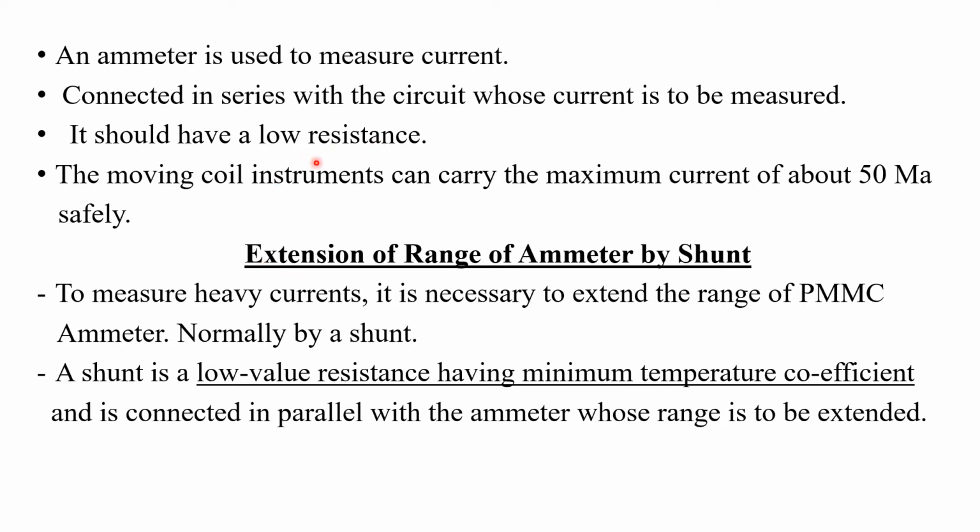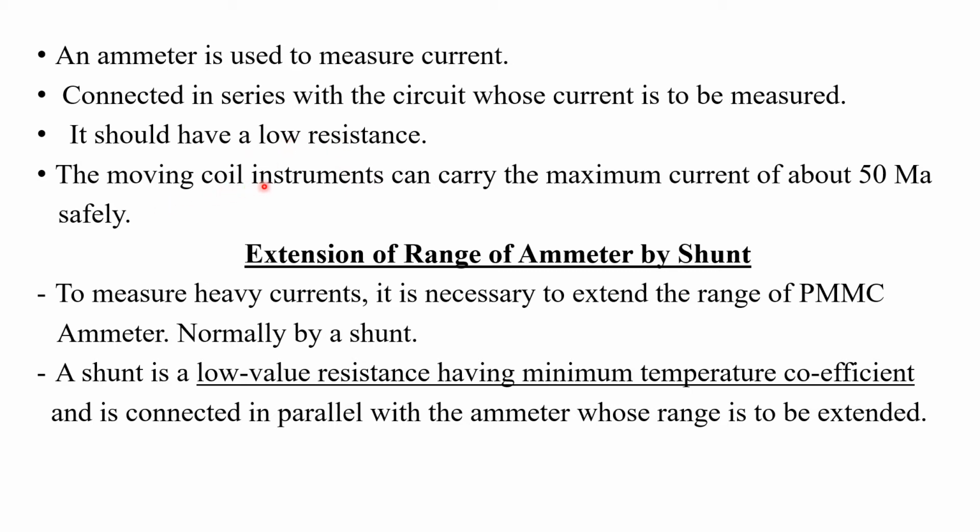That point is very important. Then only the meter can measure the entire current that flows through the circuit. So the internal resistance of the ammeter must be as low as possible, because thereby we can reduce the power consumption for the working of the ammeter, and we can measure the entire current that flows through the meter.